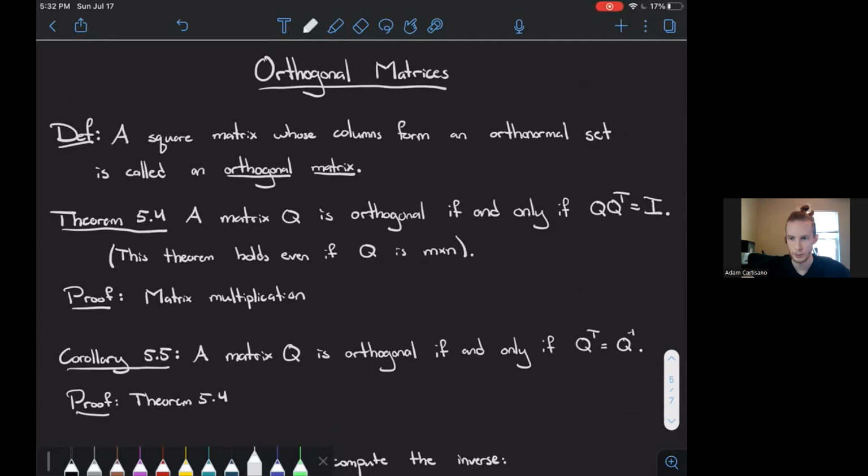So we're going to talk about orthonormal matrices. A square matrix whose columns form an orthonormal set is what we're going to call an orthogonal matrix. Did I say orthonormal matrix? Orthogonal matrix. It's because there's no real sense in working with a matrix whose columns are merely orthogonal. However, if the columns are orthonormal, that matrix has some really nice properties, and so we give it a definition: an orthogonal matrix. So, for example,